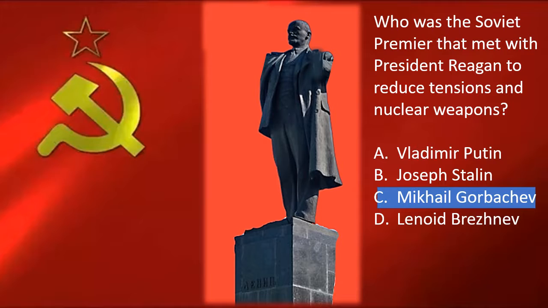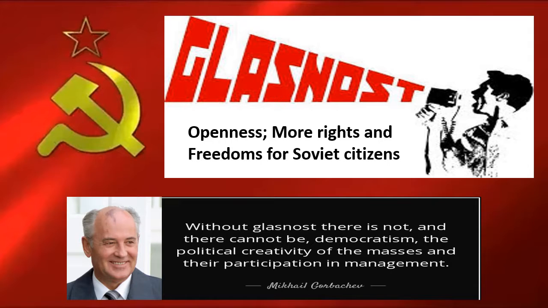But wait, maybe there's a solution. New Soviet Premier Mikhail Gorbachev didn't just establish better relations with the United States. He also saw economic decline, corruption, inequality, and protests taking place across the Soviet Union, and he called for a change domestically as well. Gorbachev was a devoted communist, but he believed that changes had to be made to secure communism and the Soviet Union. His policies of glasnost and perestroika were put in place to help the Soviet Union and communism to survive.